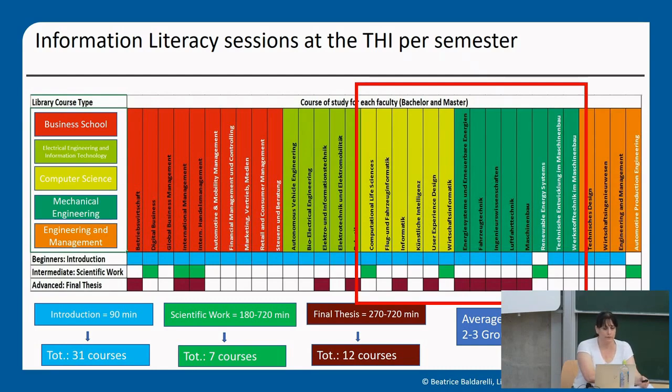Here, the courses for computer science and engineering. All courses for first-year students of the business school, the computer science faculty, and the 3 engineering faculties are curricular. 7 degree programs get, between the 3rd and 4th semester, an introductory course in scientific work techniques.